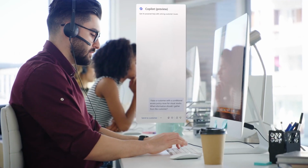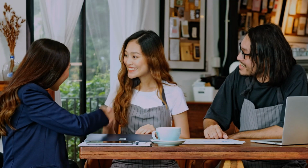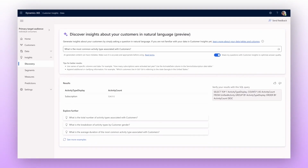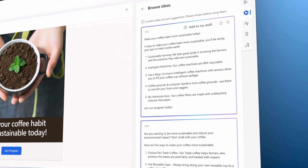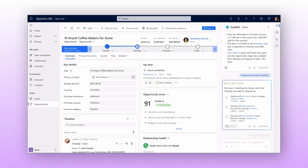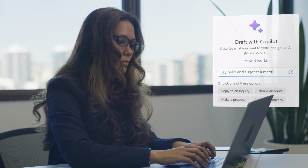With Dynamics 365's customer experience solutions, you can acquire more customers, close more deals, and resolve issues faster. Your data analysts can find new insights in your customer data using Copilot, and your marketers can easily segment target audiences, generate personalized content, and build a tailored customer journey. Your sales team can improve customer engagement and build trust using Copilot to generate a meeting preparation guide containing relevant customer data points. Sellers can also reduce time spent on manual tasks with generated, personalized email responses right in the